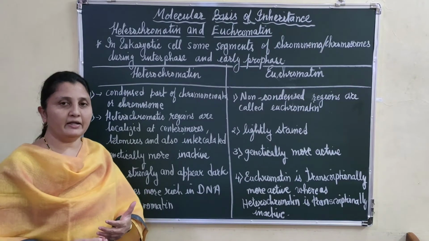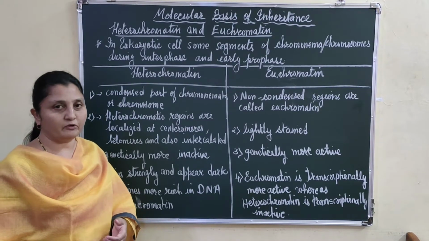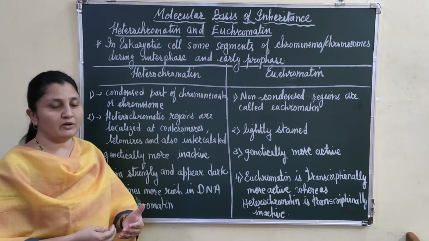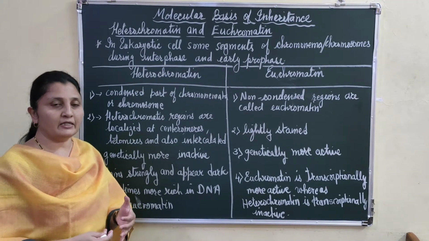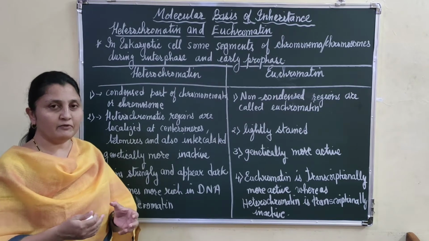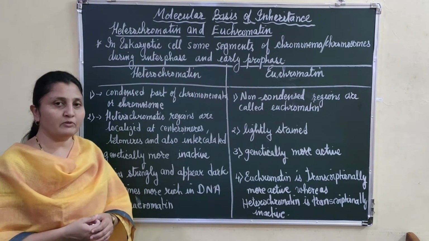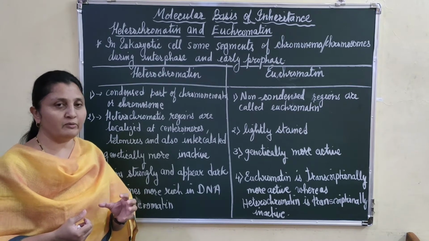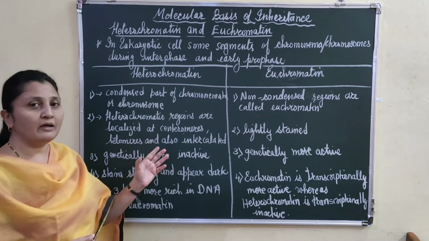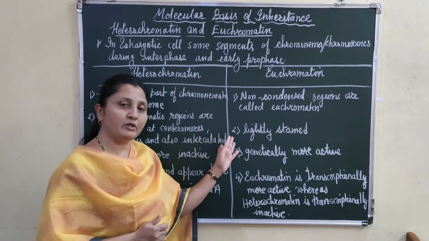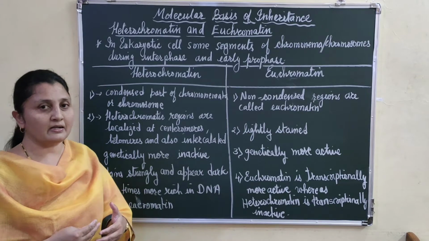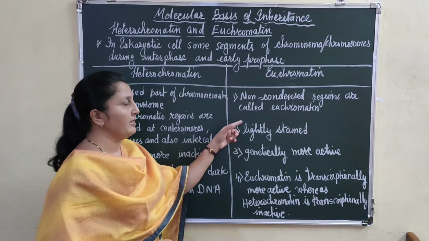Students, let's understand the heterochromatin and euchromatin regions of a chromosome, right? If you observe a chromosome in its interphase or in its early prophase, the chromosome shows a darker region and a lighter region, right? If you stain the chromosome with a dye, the regions of the chromosome will be highlighted. The regions of the chromosome which are darkly stained are called heterochromatin regions, whereas the regions of chromonemata or chromatin that are lightly stained, the ones with a light color, are euchromatin.